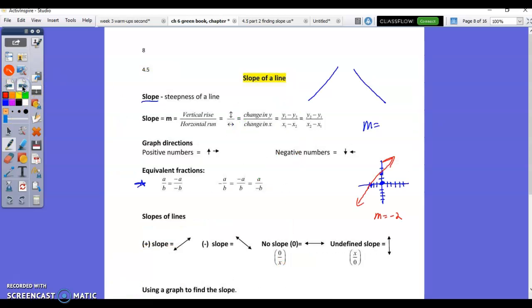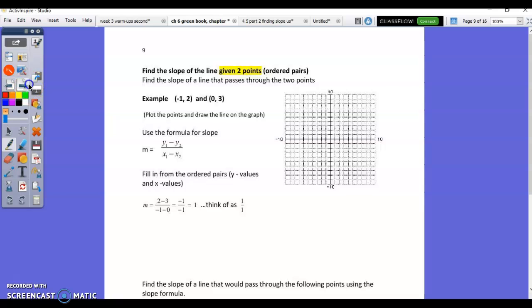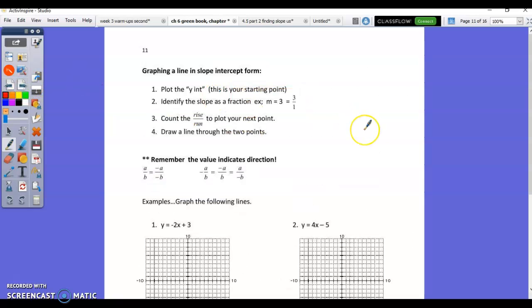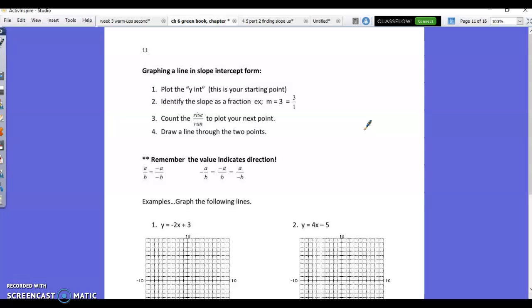So this is a 3rd way, and I think the easiest once you get the hang of it, on how to graph a line given an equation. All right, so here we go. So step 1 is